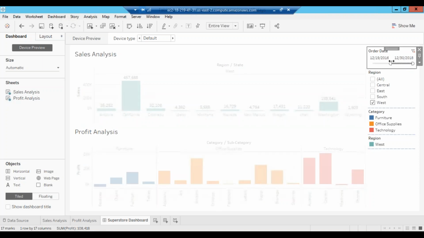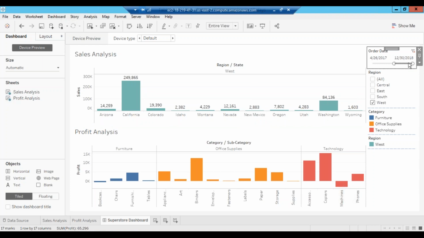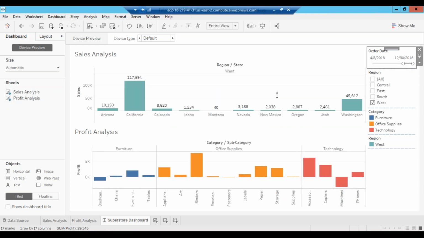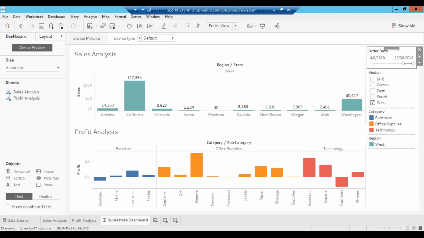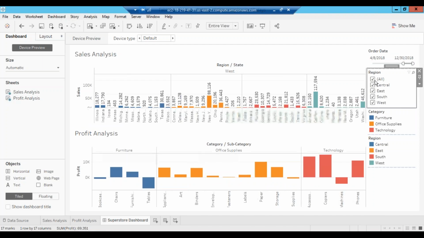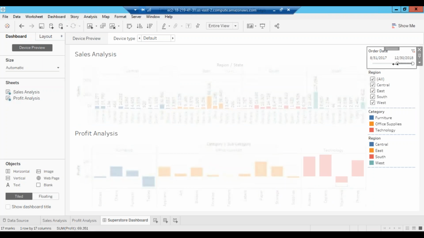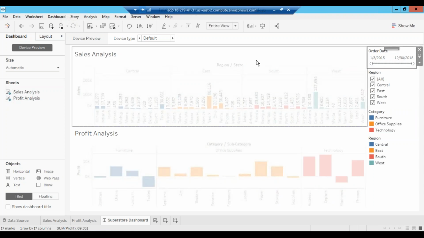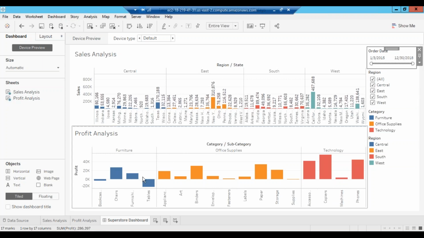I'll apply the range here, so I'll change the range. Here you see instantly other visualizations, every number is changing. I'll apply another, and here you see numbers are changing, everything here also and there also. So this is how your filters will be applied. This way you can bring all your filters, everything back to normal. This is how your users are going to play around with the data.